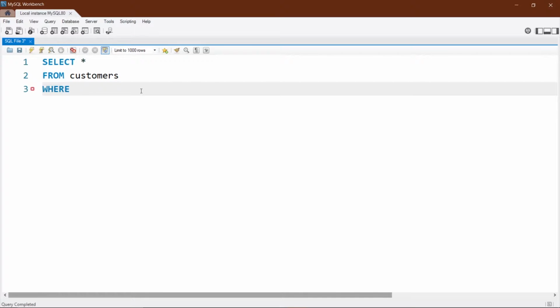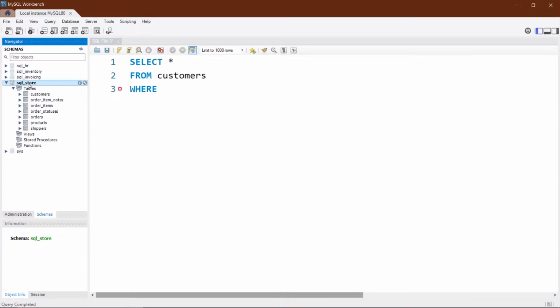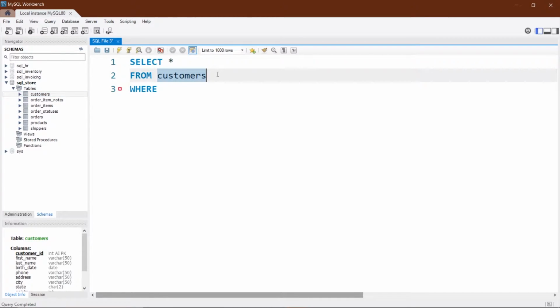So let's begin. The where clause is basically used to filter out the data that you need from a large database. Let's say I have written here select star from customer. That means in our SQL store schema, or you can say database, there are different tables, and from this customer table we are going to select where customer ID equals 1.